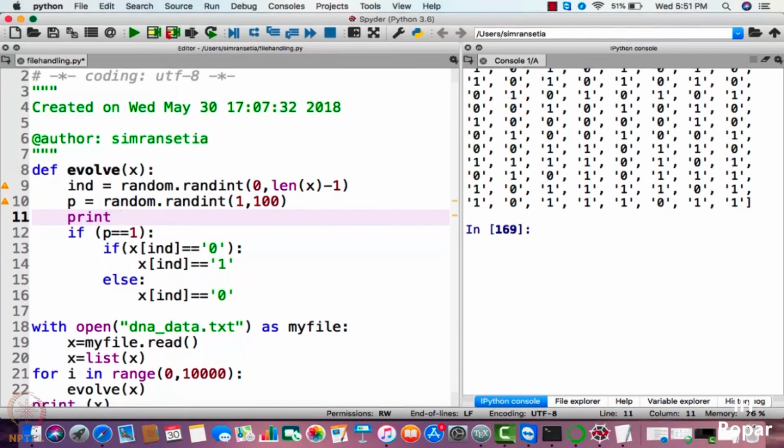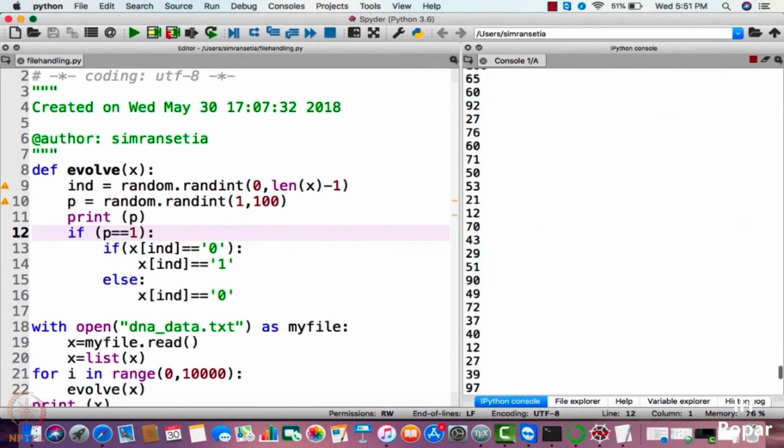So let me print it. It is generating 10,000 times. So let me see whether the value is 1 at a particular instance or not. Let us look at it.